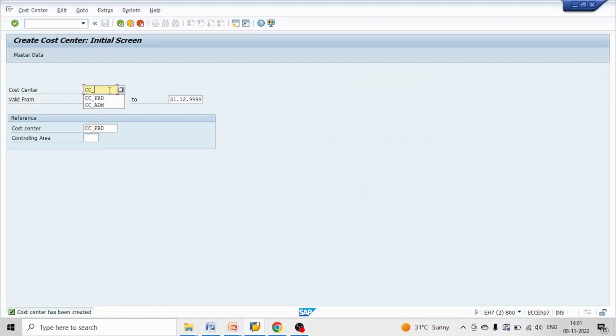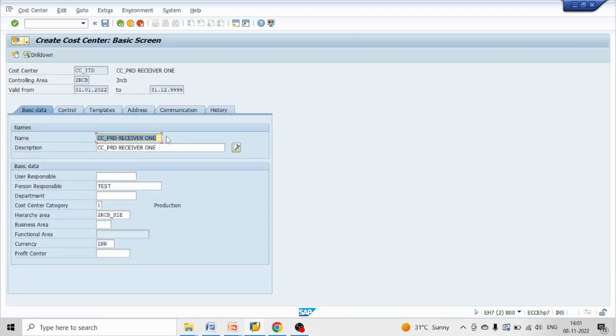Cost center for IT department. Hit enter. Give name, hit enter, again click on save,